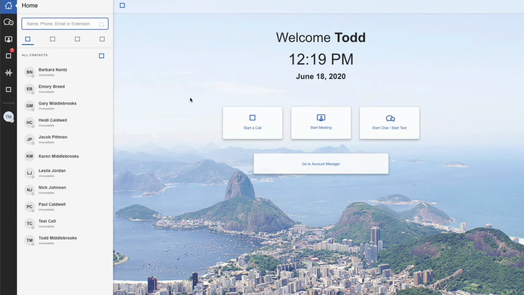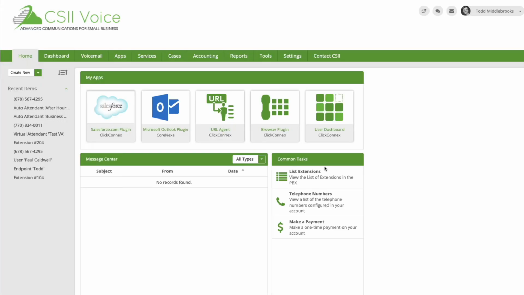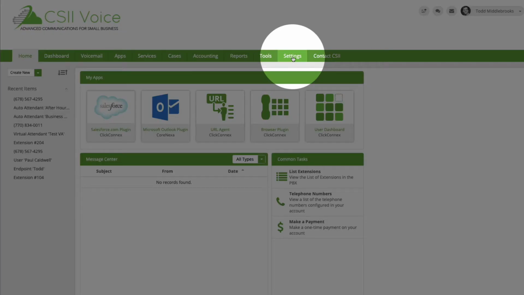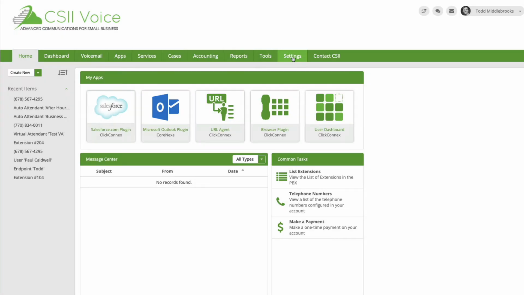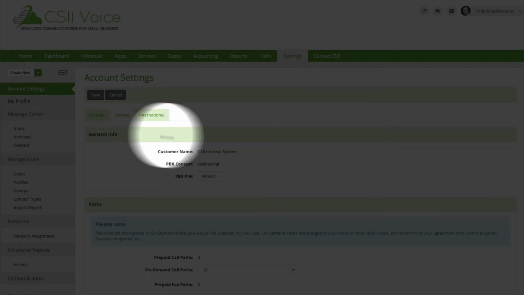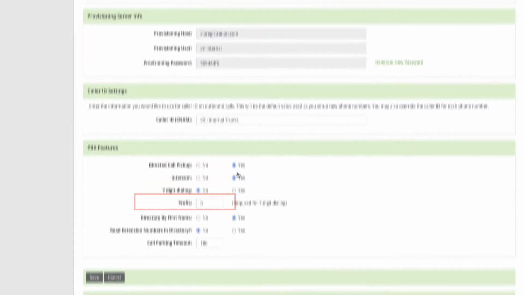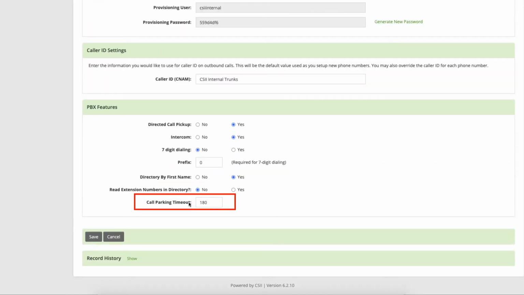By default, your login may take you to the UC client, in which case you can just click on Go to Account Manager. Once you are logged into Account Manager, click on the Settings tab. On the Account Settings page, select Service, and then scroll down to where you see Call Parking Timeout under the